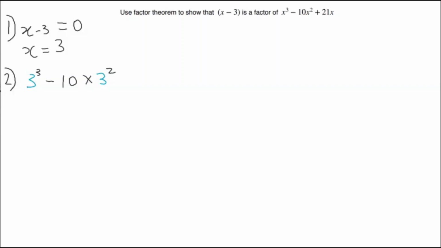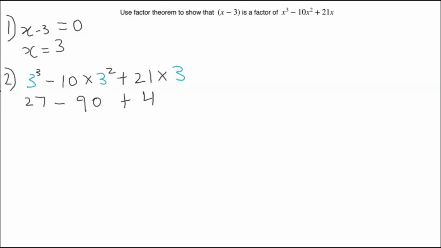And then minus 21, sorry, plus 21 times 3. So you have 3 cubed, that would equal 27. And then you've got minus 10 times 3 squared, which is 9, so you've got minus 90, because 10 times 9 is 90. And then you've got 21 times 3,